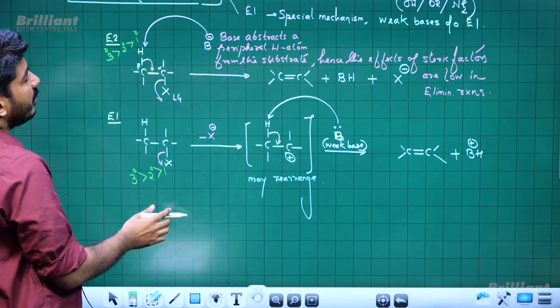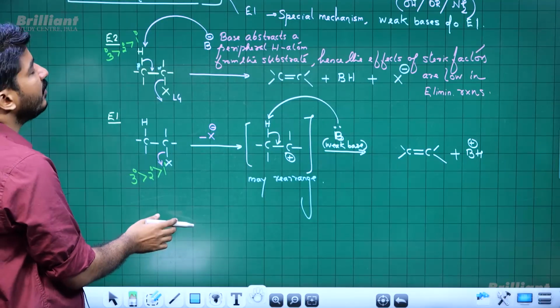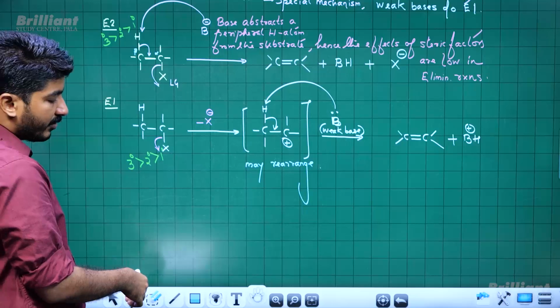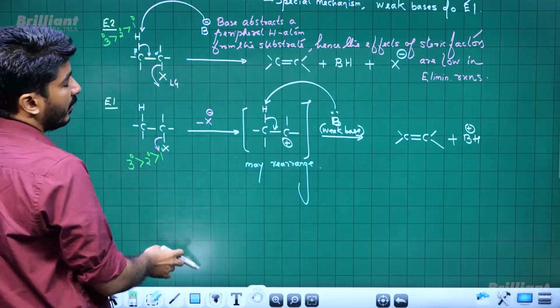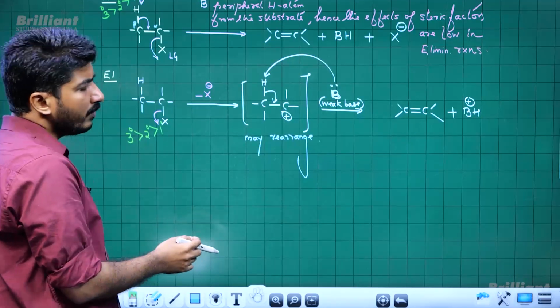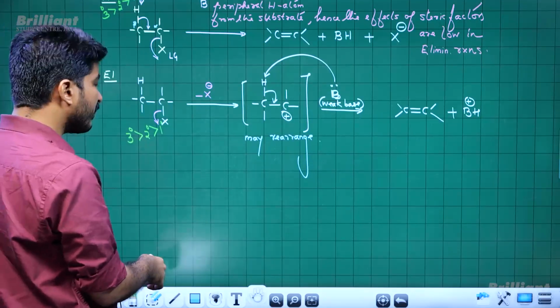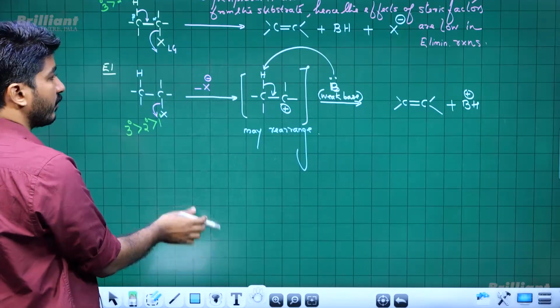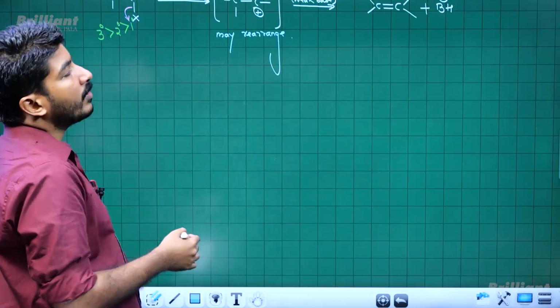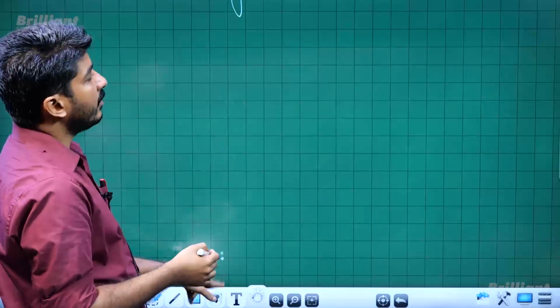And remember, E2 is the preferred mechanism of elimination, and E1 occurs if the base is weak. And also, there should be a polar protic medium to support this cleavage of the C-X bond. Now, regarding the nature of products in both cases,